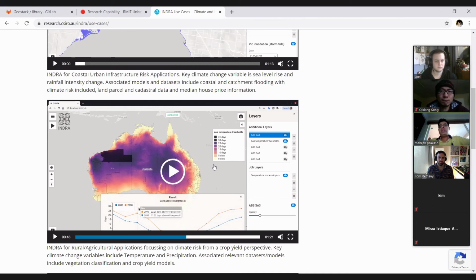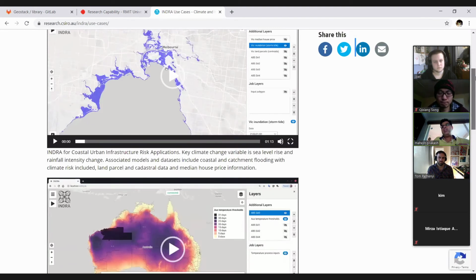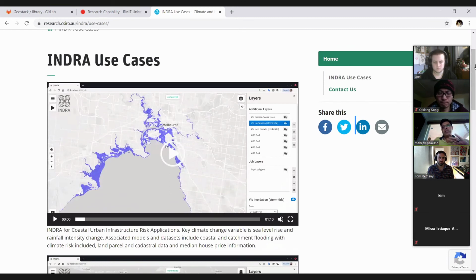In the sorts of things that we are developing, it's saying, okay, now I know what, I'm not that interested in understanding climate change data. I'm more interested in using that with something else to figure out what it means for my domain. Yeah. So INRA has multiple use cases, and all these are set up as projects, right? That one is more of an agricultural focused project. This one is more of a